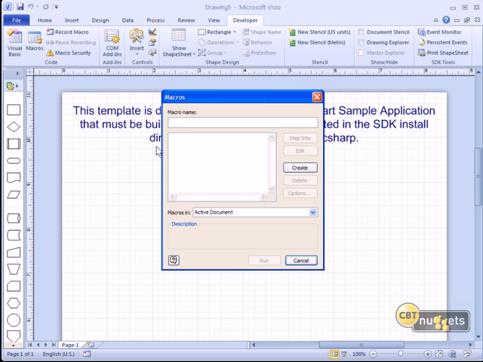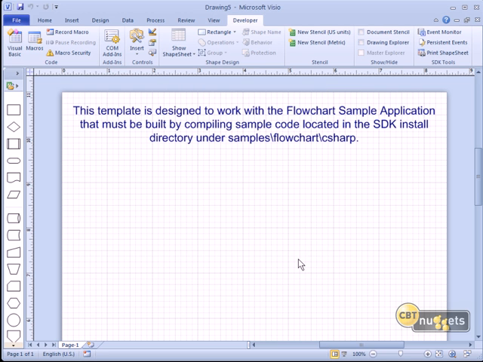The Macros control invokes a dialog box, a GUI tool, that enables us to view, debug, delete, or run any macros that are stored either in the active document or stencils. As it happens, you can store VBA code in stencil files. We'll talk more about that momentarily. That provides a really nice way to make your code more portable. That's going to be an issue that you'll run into, doubtless. As you start building out VBA code, you're going to want to share that code among multiple Visio drawings. And because by default your macros in VBA code are embedded within just the single file, you need to develop creative ways to make your code more portable, as I said.